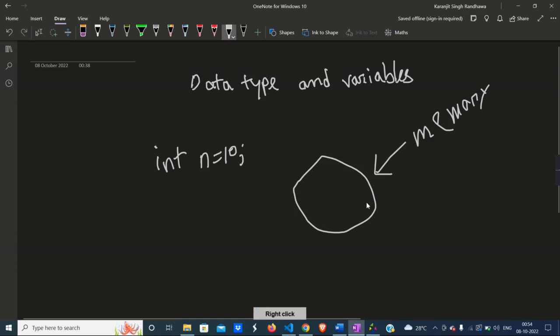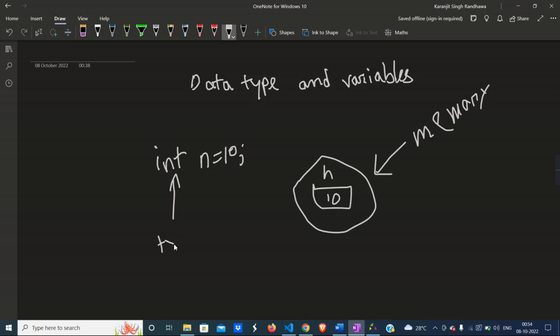Inside the memory, a block will be created, and the name of the block will be n, and the value of this variable, that is the value of this block, will be 10, right? And this is the type,